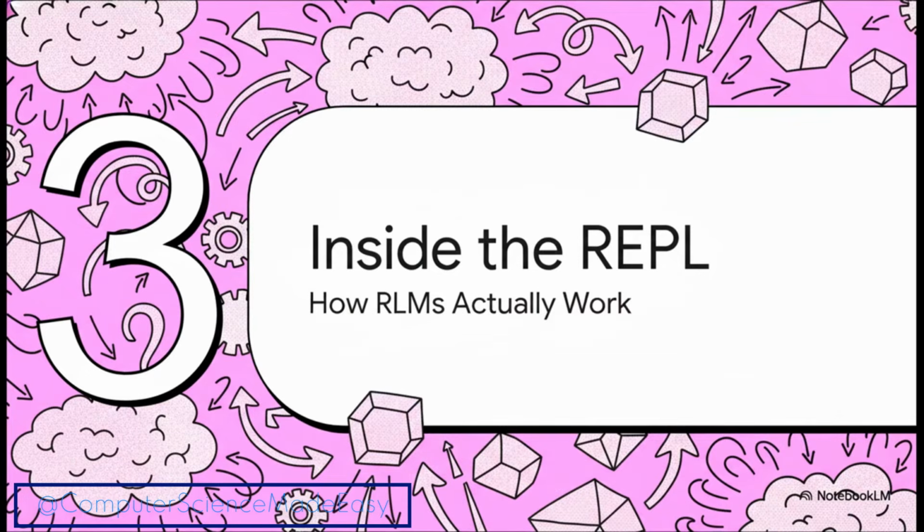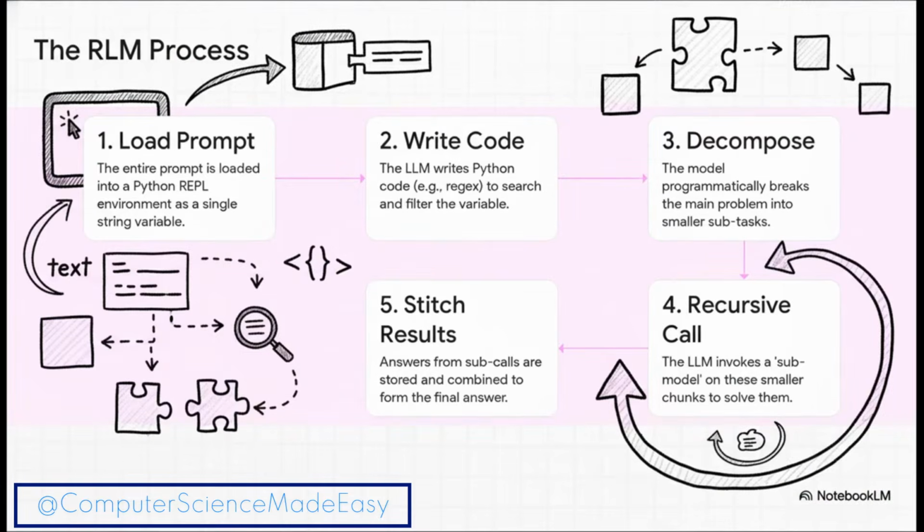All right, so how do you actually turn this idea into a working system? Well, that brings us to the Recursive Language Model, or RLM for short. And this, my friends, is where the engineering gets really clever. So it all breaks down into this pretty slick 5-step process. This is what transforms the LLM from just a reader into an active programmer.